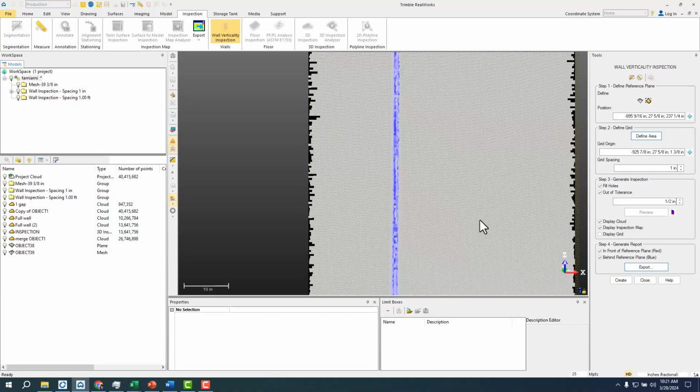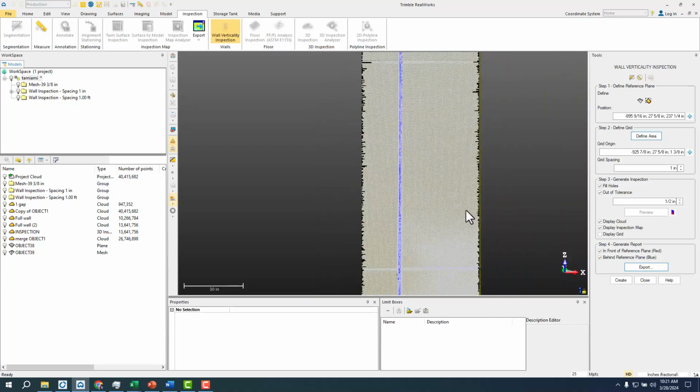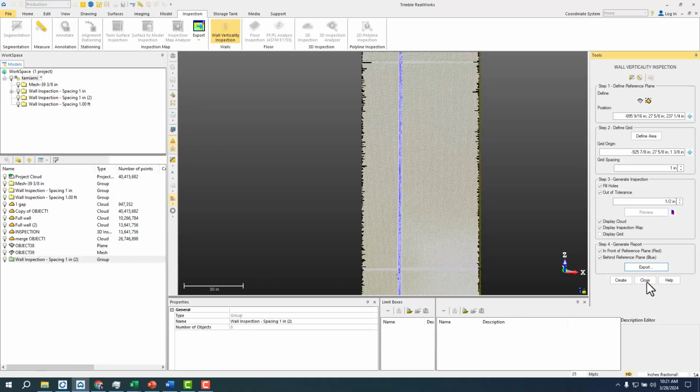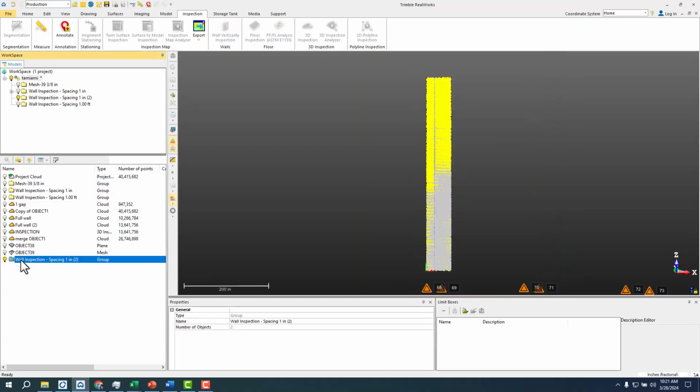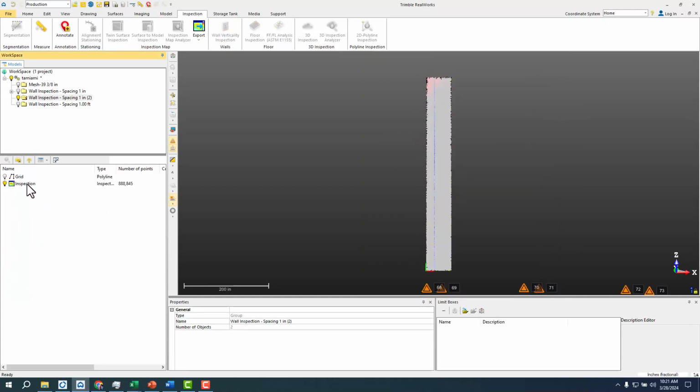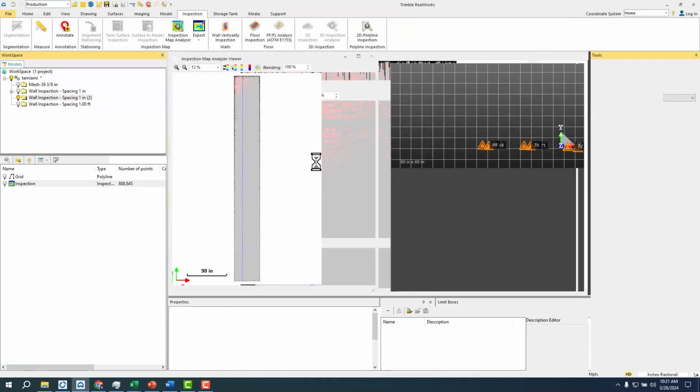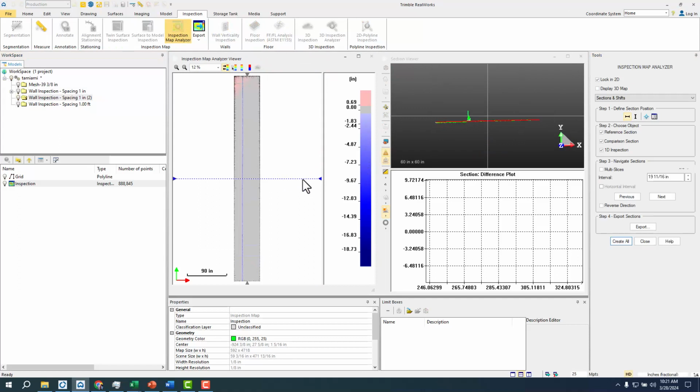This would actually be the same kind of analysis I do for verticality of one panel, because I'm just doing a gap analysis or joint analysis. I'll create the inspection, and what that inspection map is going to allow me to do, if I come in here, is to select it and do an inspection map analyzer. And so with that inspection map analyzer, you can actually see here,